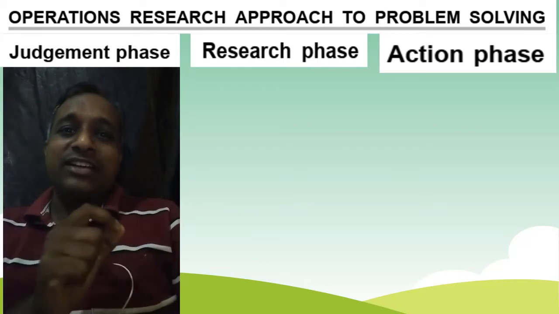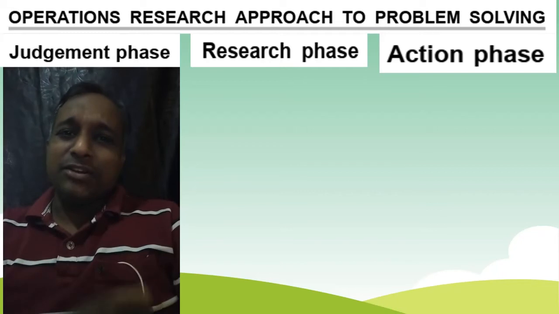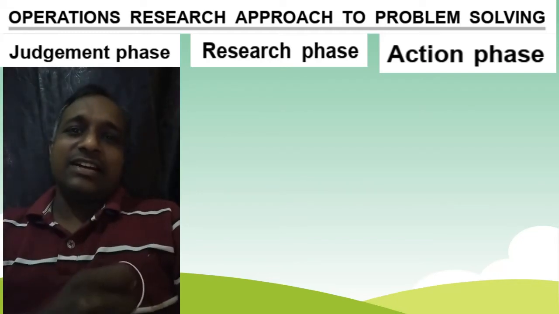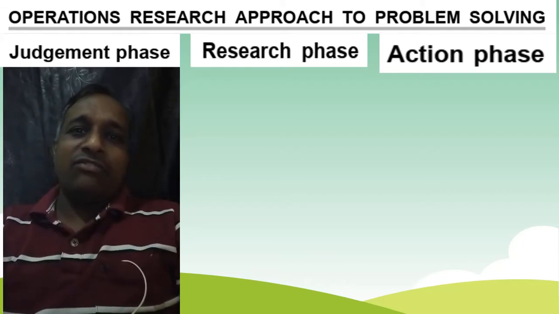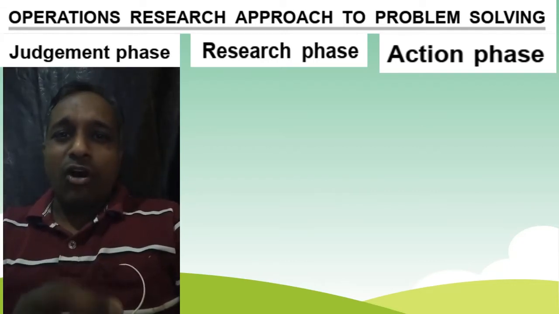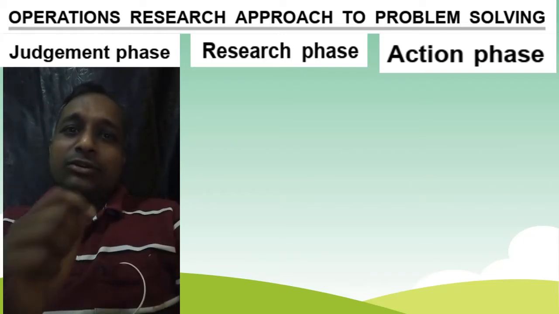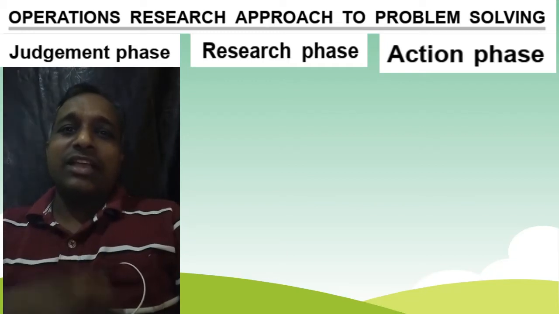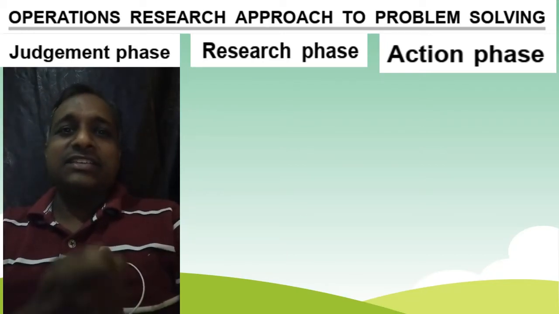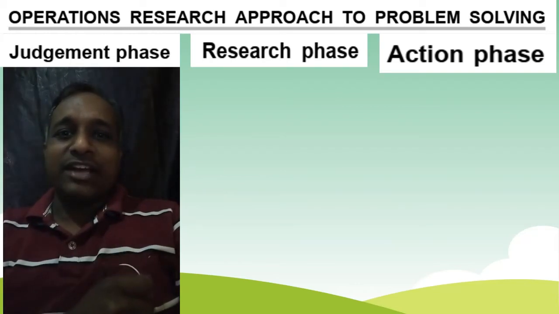So judgmental phase, what does it include? Judgmental phase includes, first, identification of the real life problem; second, selection of an appropriate objective and the value of various variables related to this objective; third, application of the appropriate scale of measurement, that is deciding the measures of effectiveness,